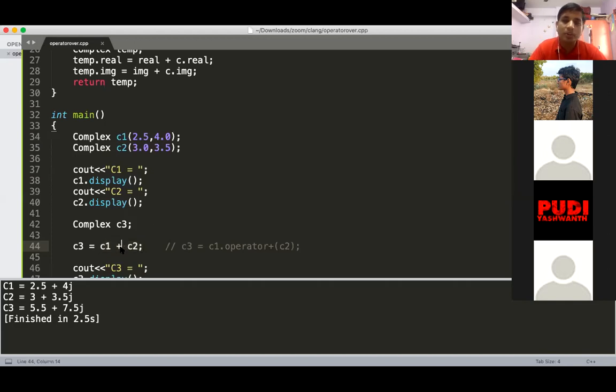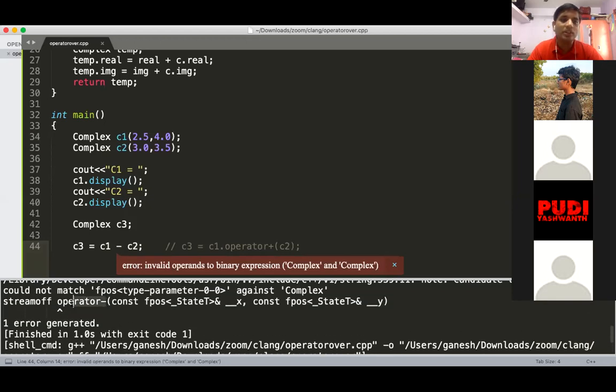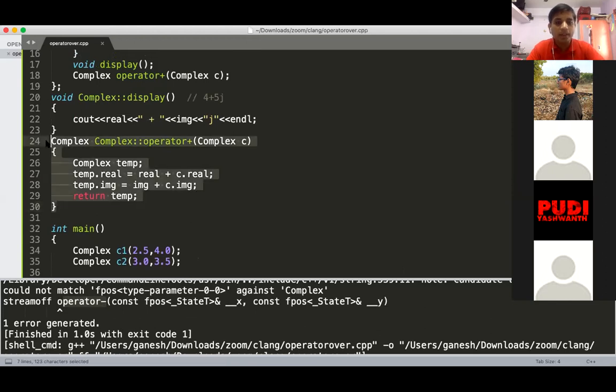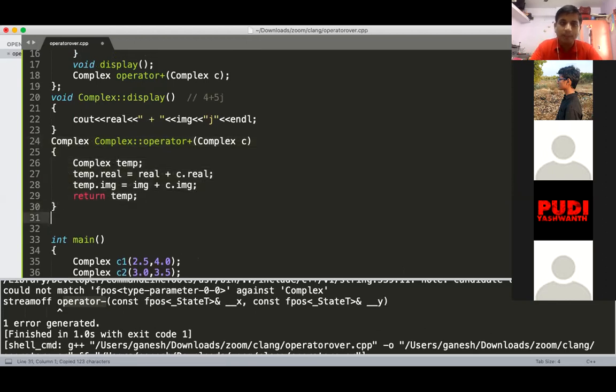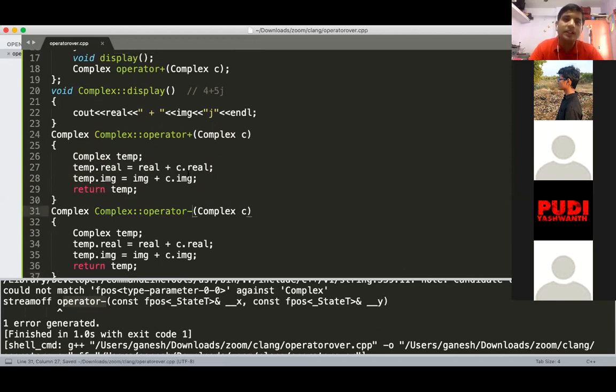Now if I want to do C1 minus C2 here, there is an error. Operator minus, what is the meaning of operator minus? It doesn't know. So if you want to implement operator minus also, then we need to add a second function, operator minus.